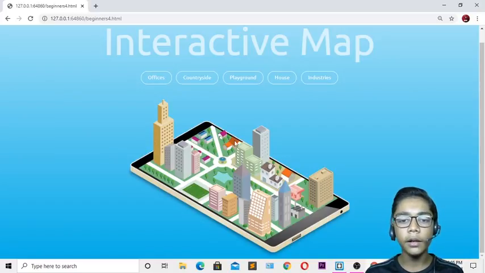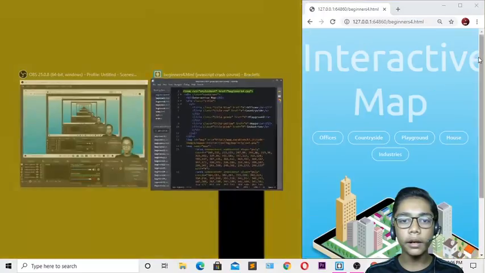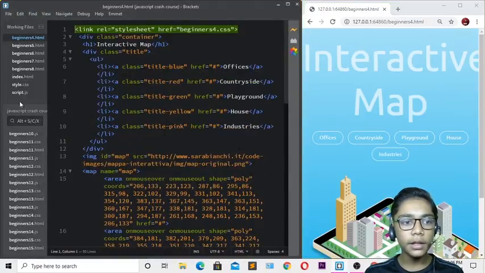This map over here, we didn't bring any picture. But you can see the background color; we have also done that with CSS. So I will show you how to do it, but for that you have to do like this, and I will be doing it in half screen over here. Now you can see I've done that.